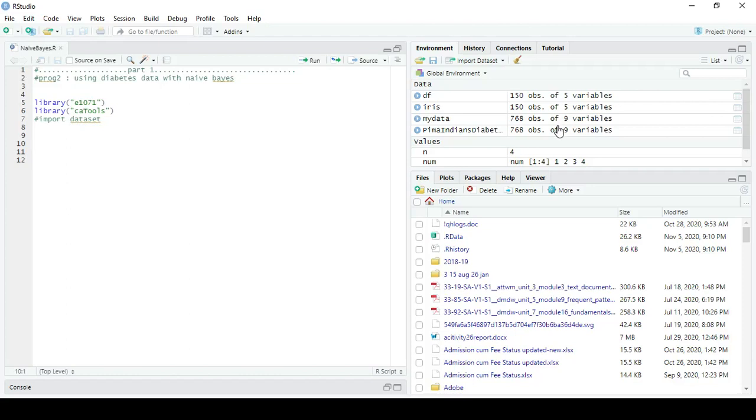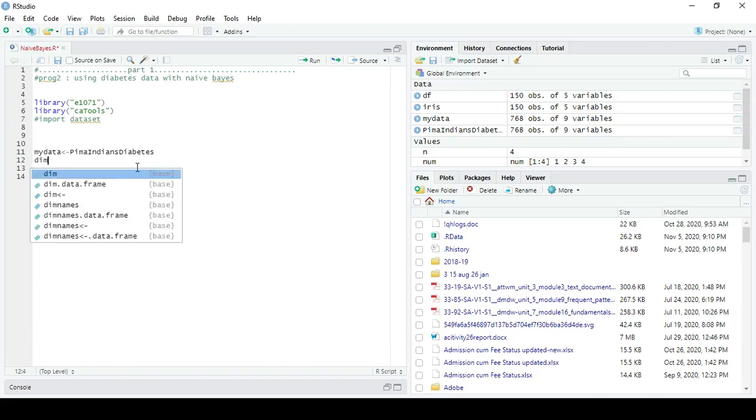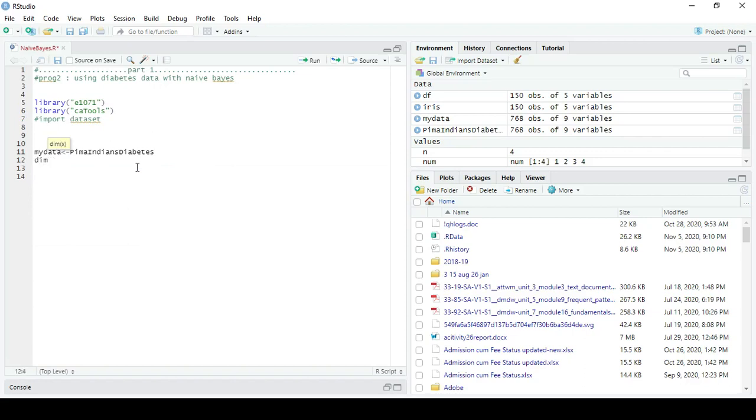Now start with the practical execution of the second assignment using the diabetes data with Naive Bayes. My data, PIMA Indians diabetes.